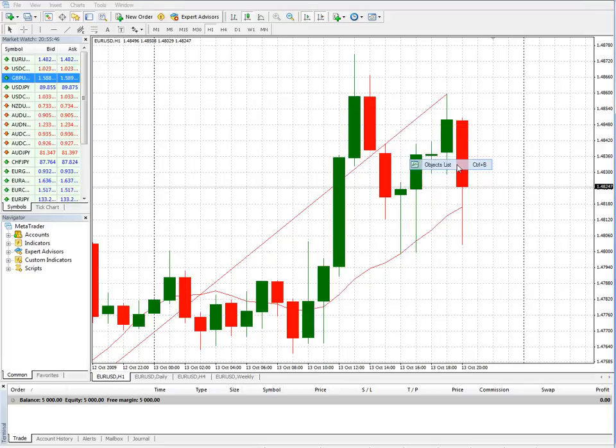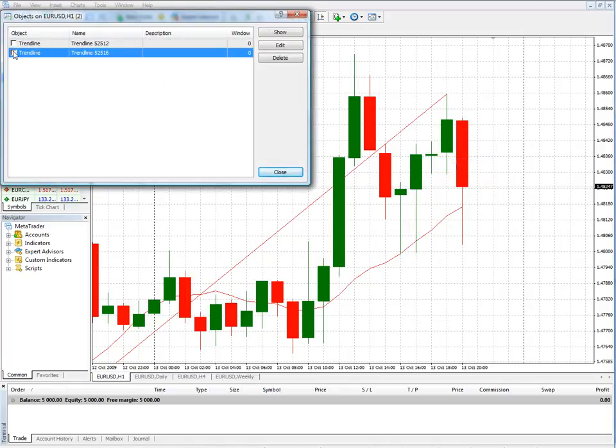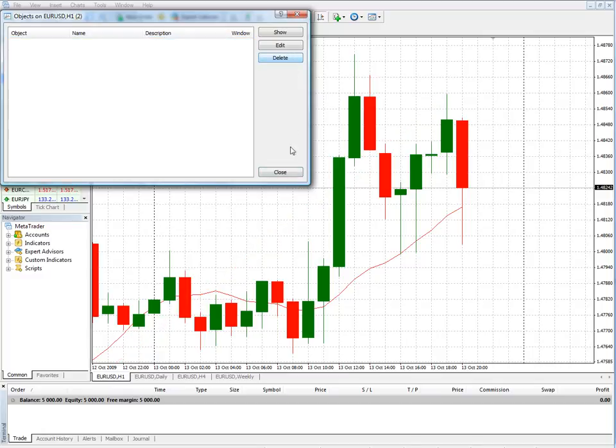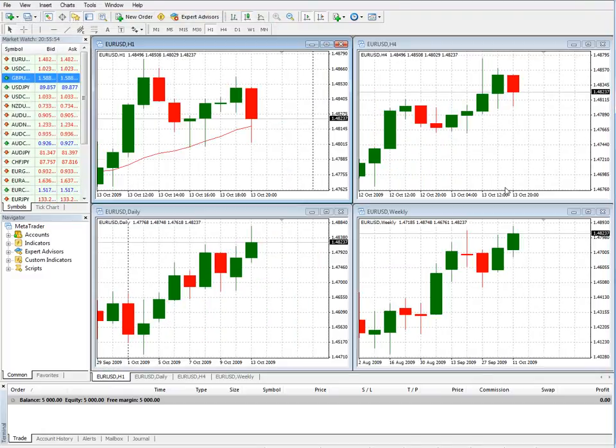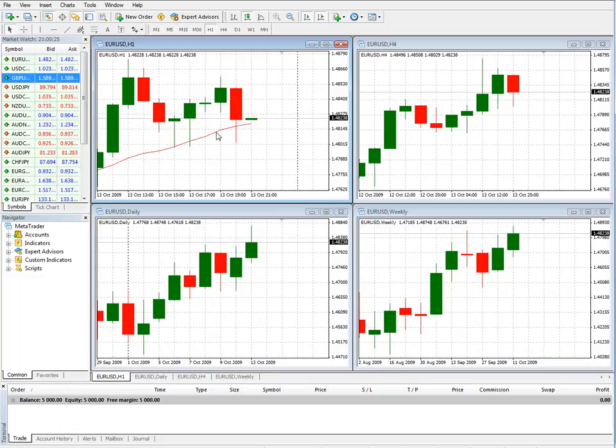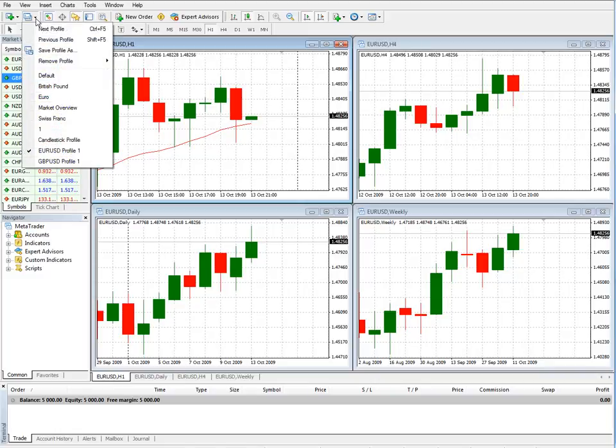Now that's going to be in the objects list. 2 trend lines. You just delete those, and you're back to the normal chart. Okay, here's another way to access profiles. Up here you see profiles. Just click, go to the drop down menu,